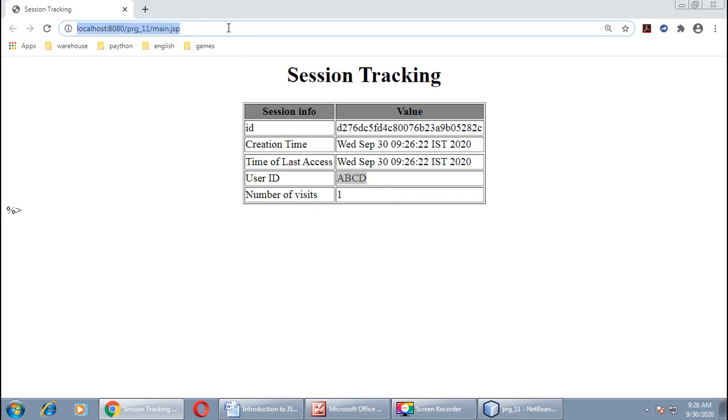Now refresh it. As you can see, the ID will remain the same, and the creation time will remain the same. Here the user ID is the same, but the number of visits is changed. Refresh it.